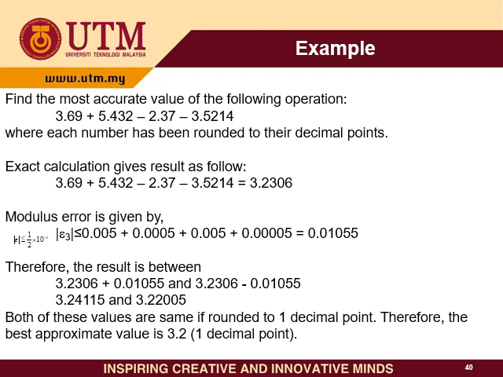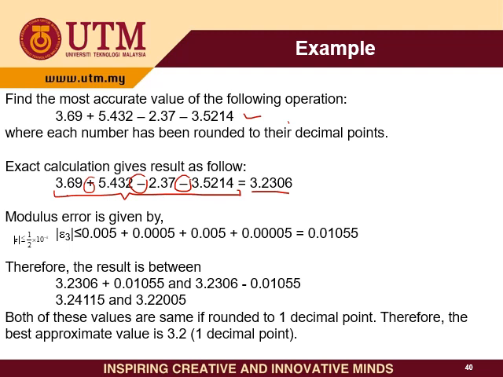Okay, this example asks you to find the most accurate value of the following operations. We have 3.69 plus 5.432 minus 2.37 and minus 3.5214, where each number has been rounded to the decimal points. So how do we find the most accurate value of this operation? The first thing we need to do is the operation here. So 3.69 plus 5.4 minus 2.27 minus 3.5. You will get your answer